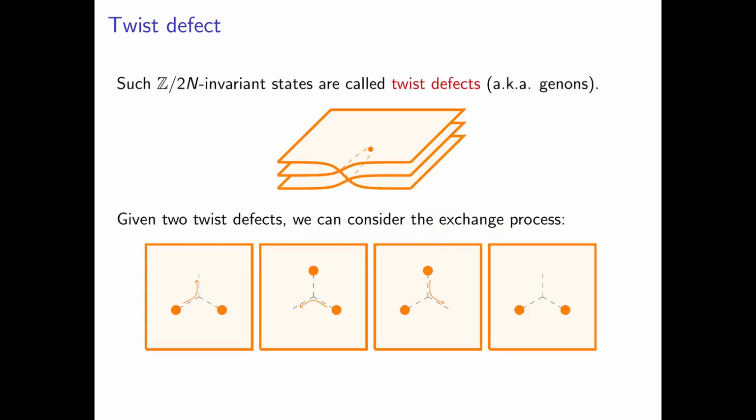And we'll call such states twist defects, and they're also known as genons in the physics literature. So what we want to do to define this invariant is to consider some exchange process of this twist defect. We want to create a pair of such defects, and then move them in a special way that cancels all non-universal Berry phases,